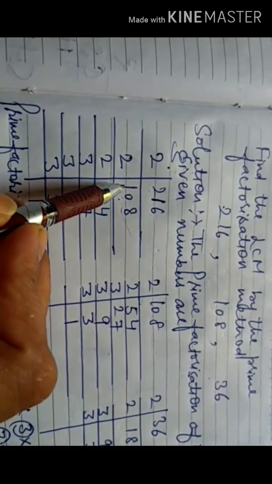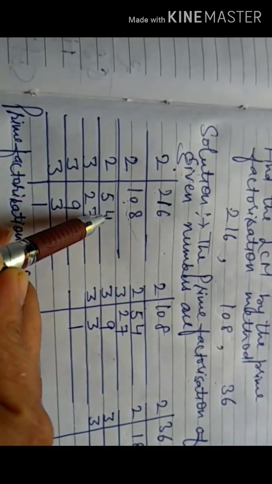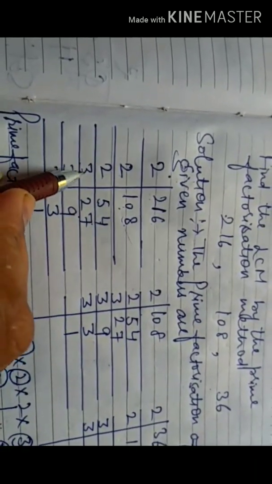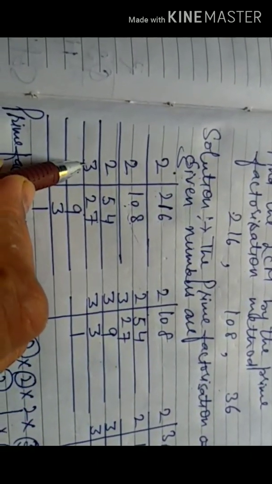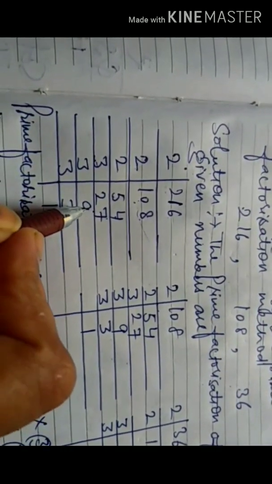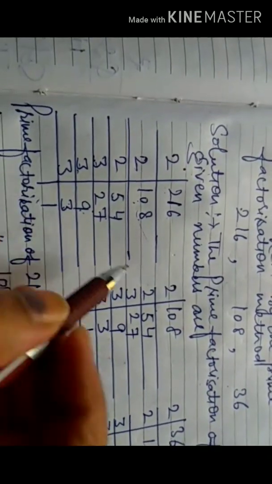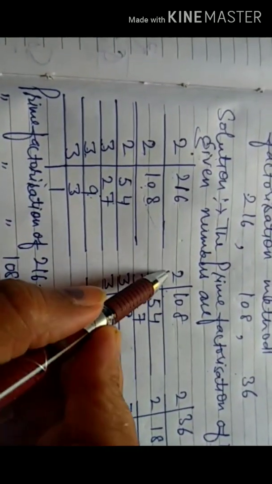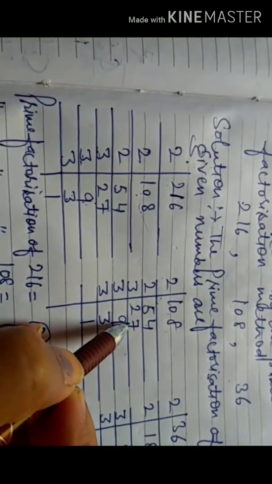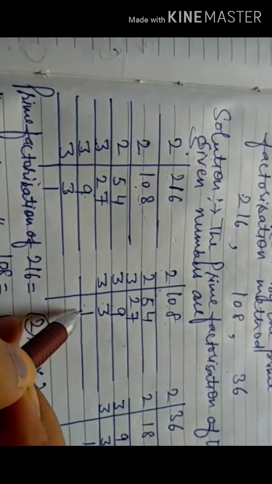When you take the two as carry, then 0 is there. Okay, 2 ones are 2, then 0, 2 eights are 16, 2 fives are 10, 2 fours are 8, 2 twos are 4, 2 sevens are 14. Then 27 occurs in the table of 3, so we can take the prime number 3. 3 nines are 27, 3 threes are 9, 3 ones are 3. Then take 108: 2 fives are 10, 2 fours are 8, 2 twos are 4, 2 sevens are 14, 3 nines are 27, 3 threes are 9, 3 ones are 3.